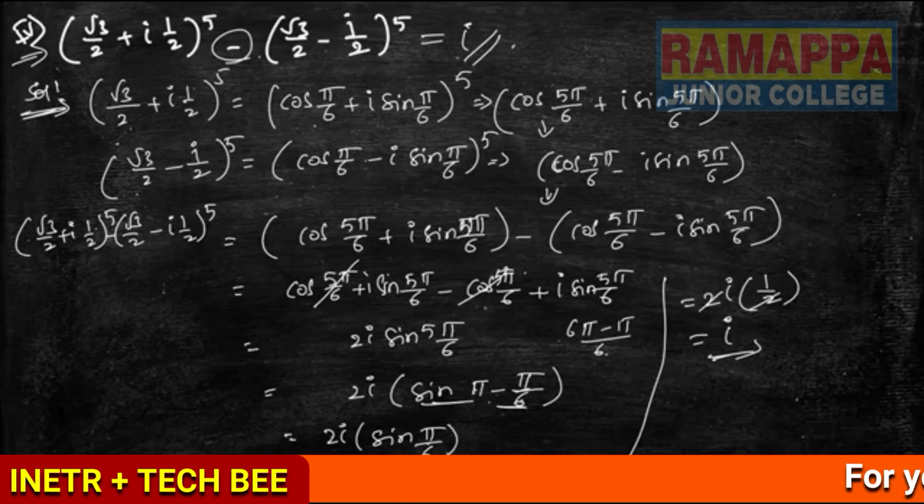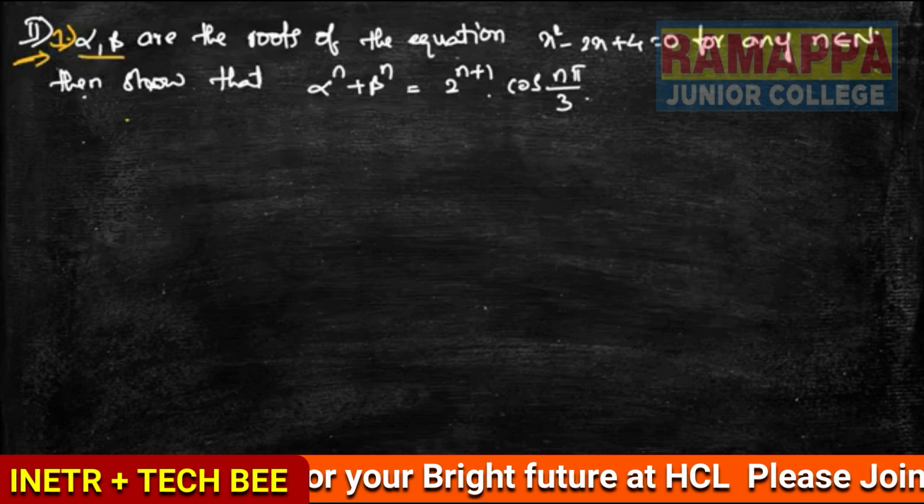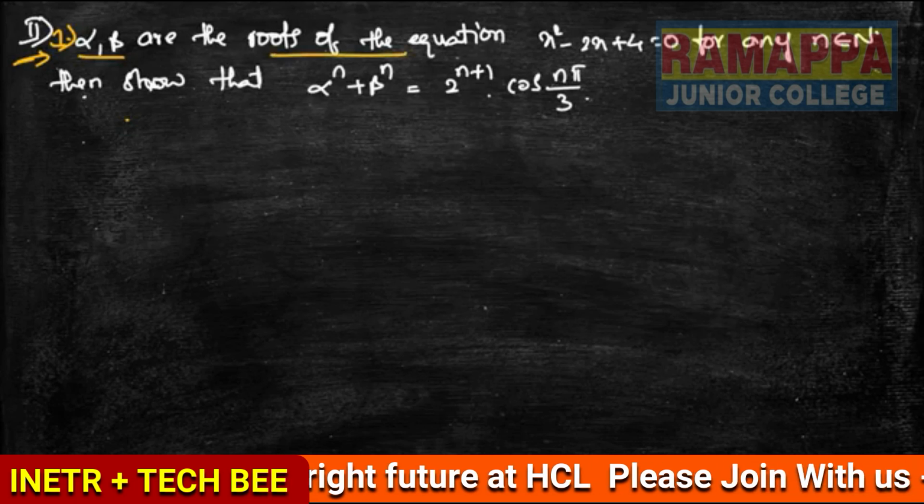This is the answer here. Now moving to the second question. So second section, first question. Now here, section 2, first question: alpha and beta are the roots of the equation